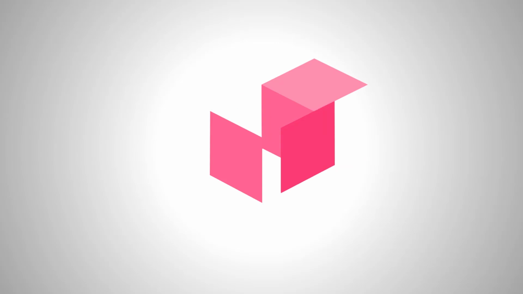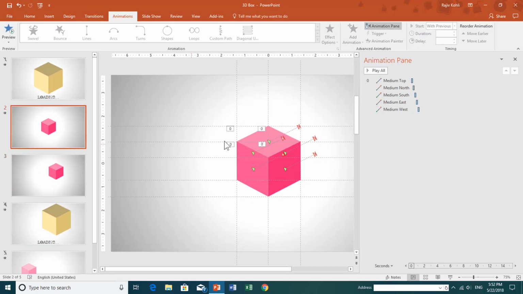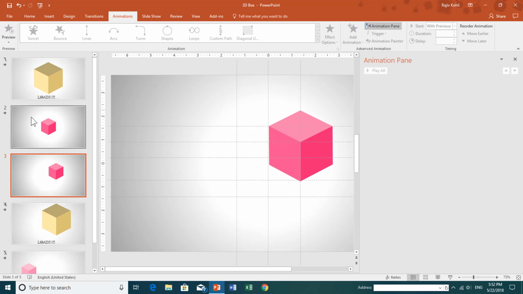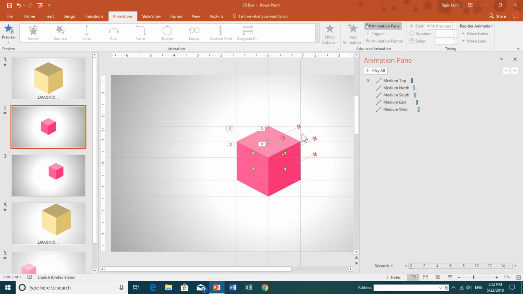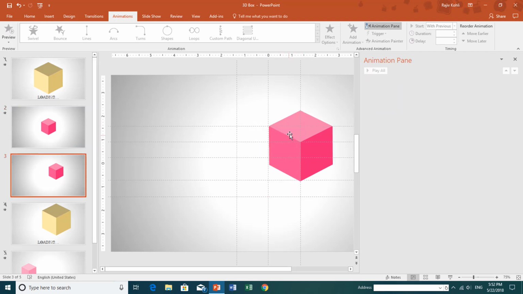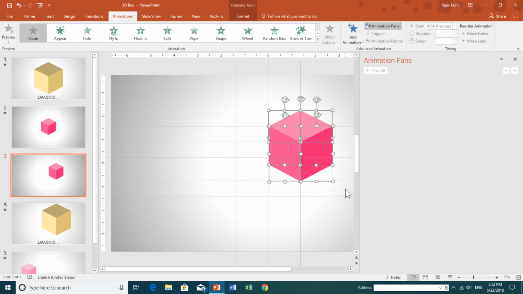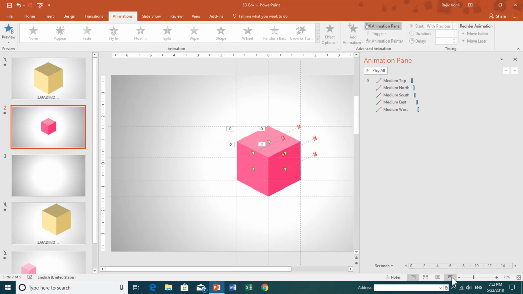okay, now I click. As soon as I click on the slide, you can see that it is moving on the third slide, and here you can see a little bit difference between the position, and that is what I was talking about, that I want the box on the third slide to be exactly on the same position where on the second slide it is stopping at this point. So it is always hard for you to manage objects on multiple slides at the same position, and for that what you can do, go to the slideshow